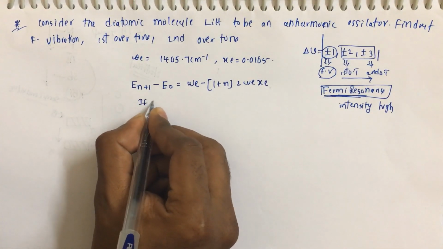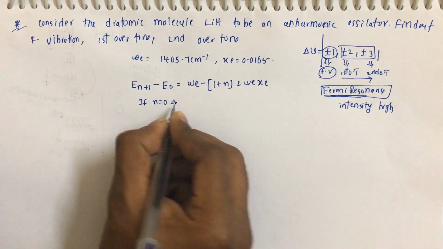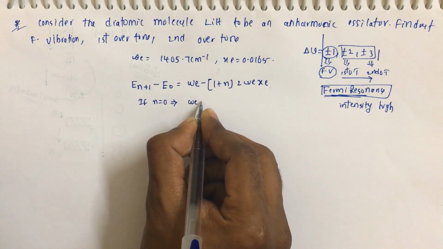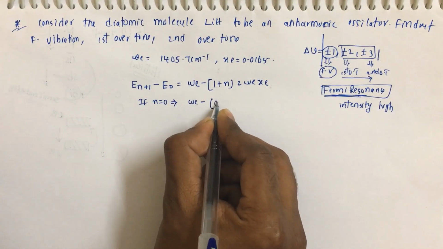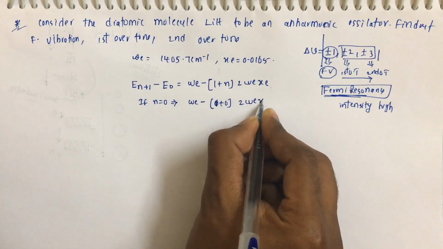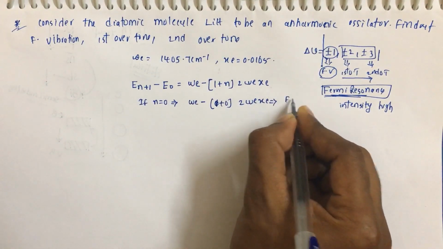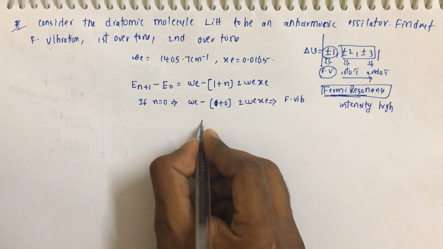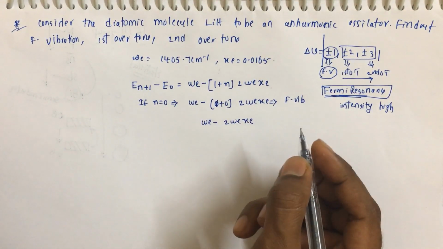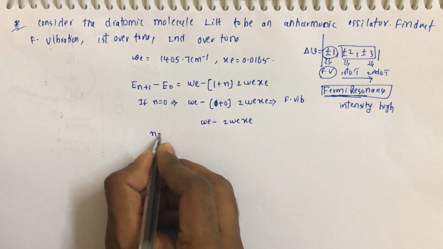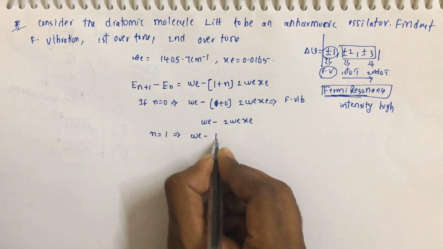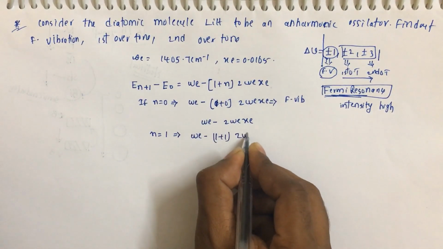If n equals 0, then this will be We minus 1 plus 0, this will be 2 We Xe. So this is for the fundamental vibration. So we can write this as We minus 2 We Xe. Okay, so when n equals 1,